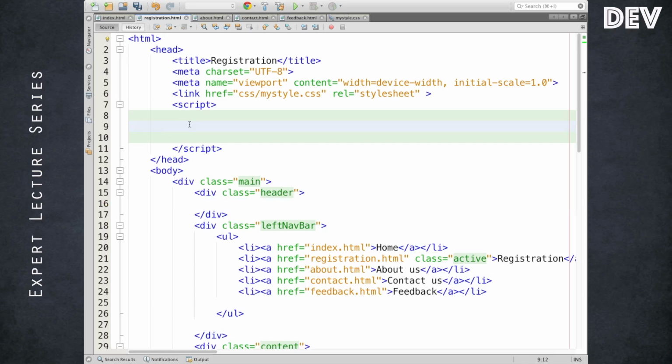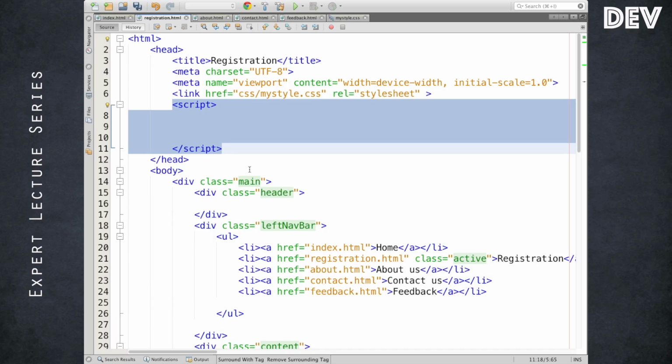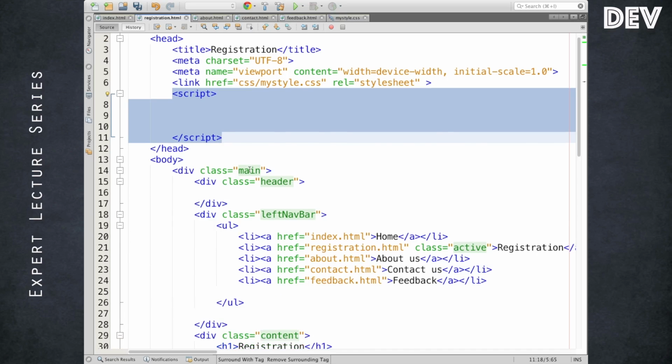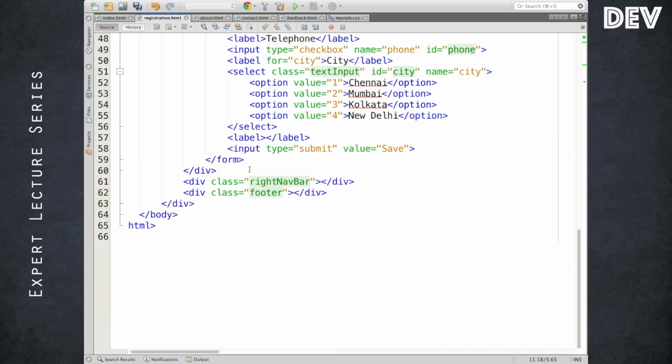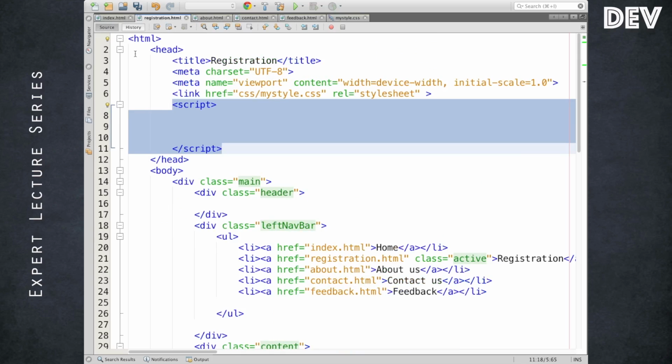But anyway, to start with, I am going to keep the script blocks on the top. As I create a complex design, my script block will eventually go below. I'll try to keep it last, because the DOM loading happens from top to bottom.